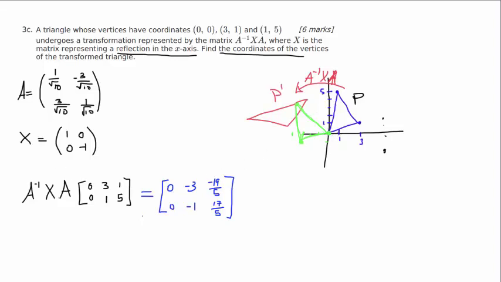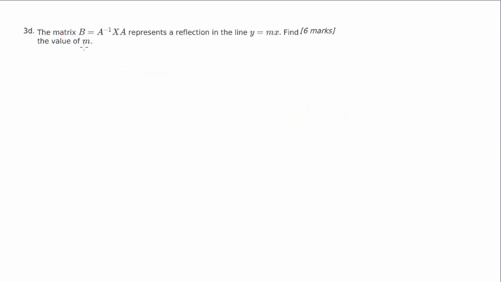Now, are we done? No, we're not done, because the question, and I've highlighted, it's asking about the coordinates. So what we really want to say is the coordinates are these points. And now we're done. Part D, we have a new matrix B, which represents a reflection in the line y